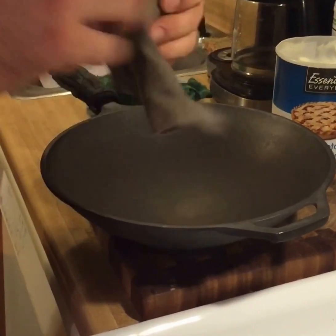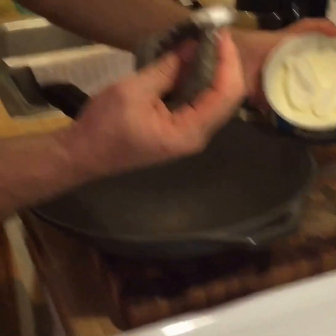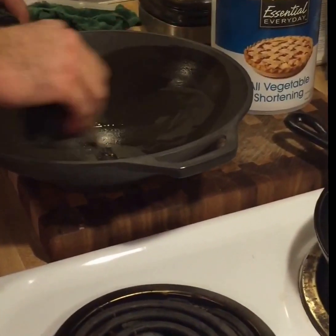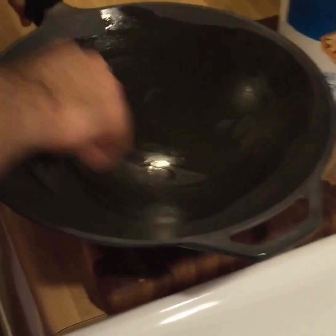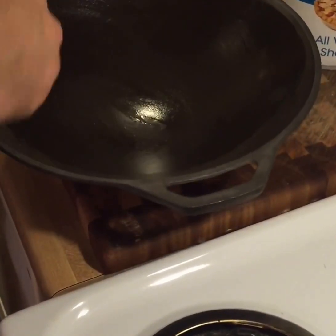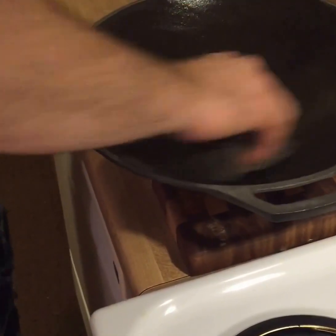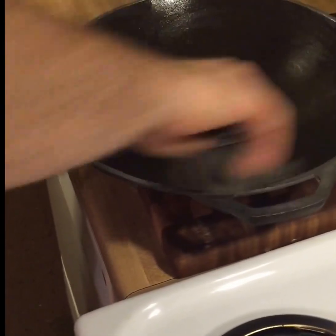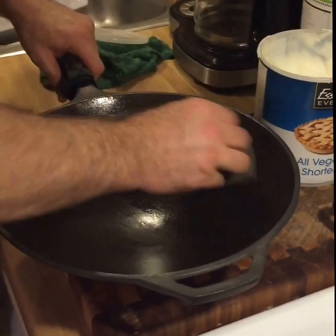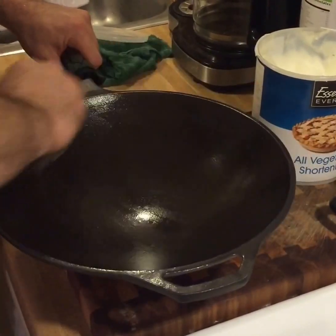So I just got an old shirt rag here that I use, and you're just going to start off with a small amount, and you're just going to work it in all over the iron, coating it and making sure there's no dog hair in there, because we have a dog that sheds profusely. So just going to keep adding it, not going to cake it on, just going to make it shine and hit every spot,